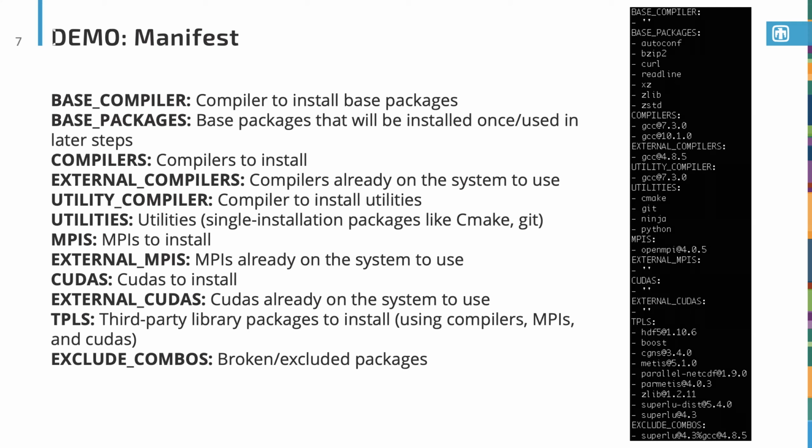So those ones will get built multiple times, whereas utilities will get built once. Base packages are ones that will just be installed once and used in later steps. This is sort of a beginning step. Sometimes something just won't compile with a particular compiler on a particular system, and you sort of have to do this kind of stuff. There's also, in here you'll notice, these external compilers, external MPIs, external CUDAs, and